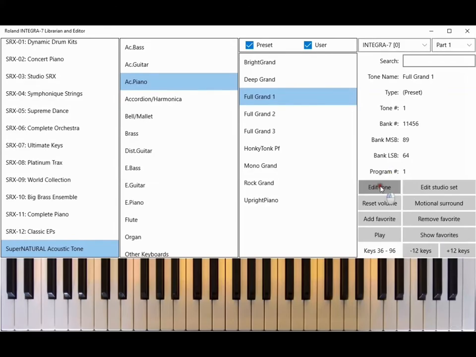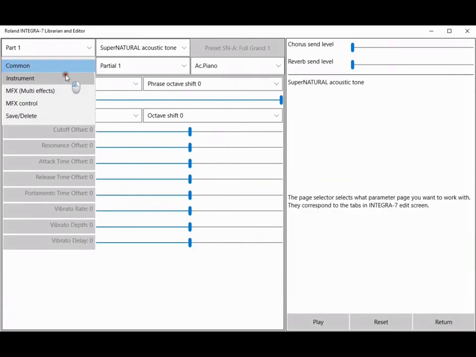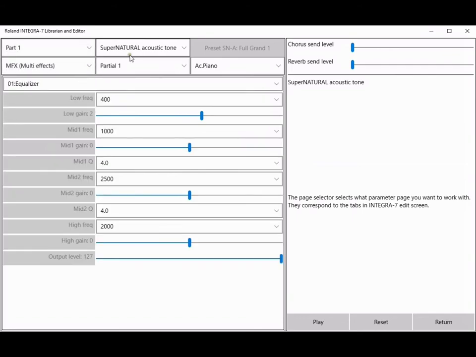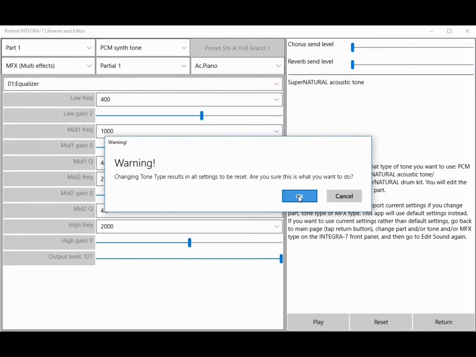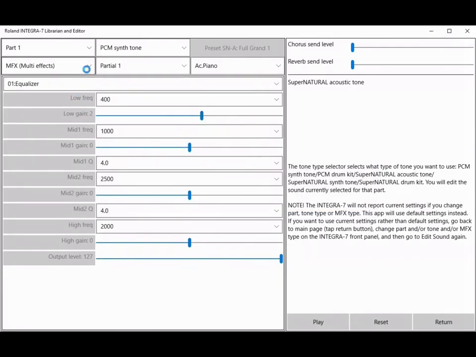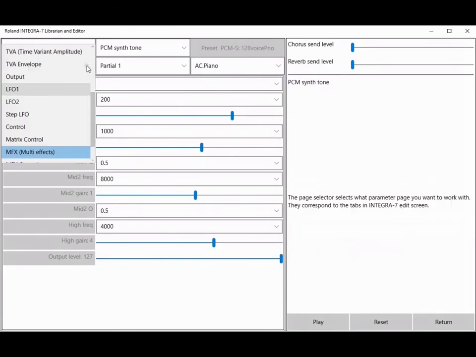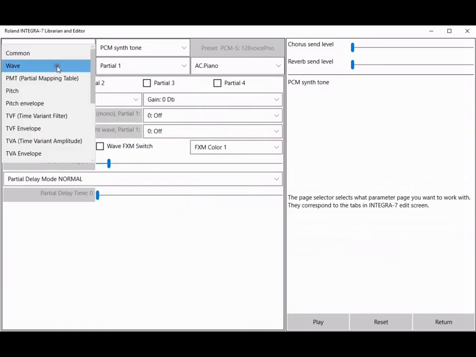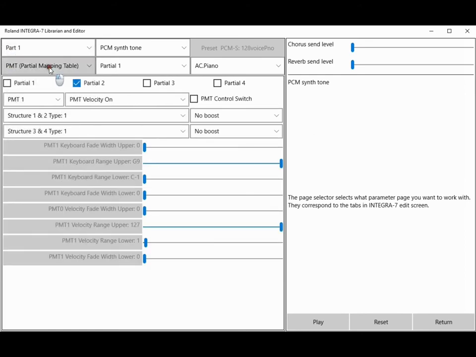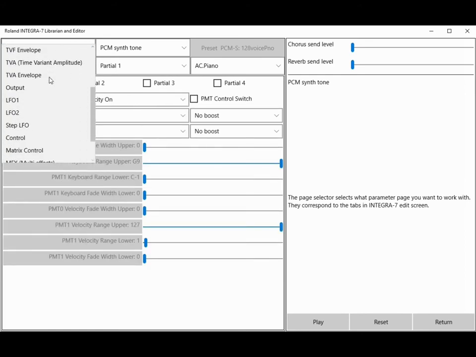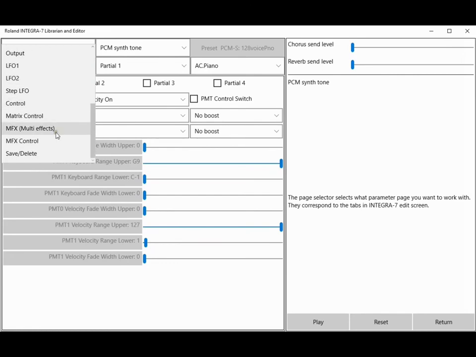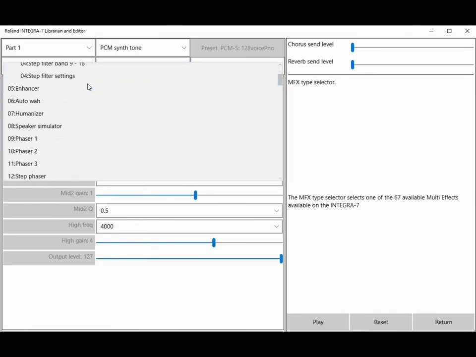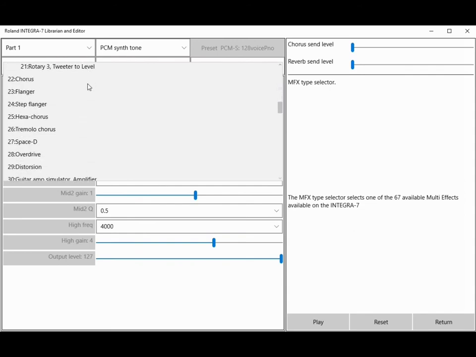But remember, editing a tone, you've got lots of controls, especially if you select a PCM synth tone. As you can see, page common, wave, partial mapping table, well, etc, etc, etc. There's a lot here. And for example, under multiple effects you've got multiple settings as well. Lots of them,